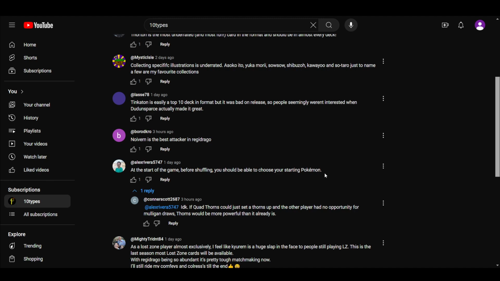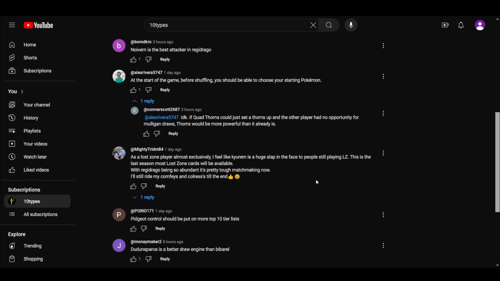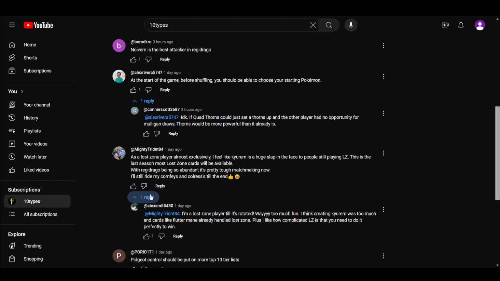It's an interesting concept. Next we got this person who said Kyurem is really bad for Lost Zone, and it's the last season Lost Zone's cards will be available. It's bad because Regidrago Ogerpon plays it. And then the comment said